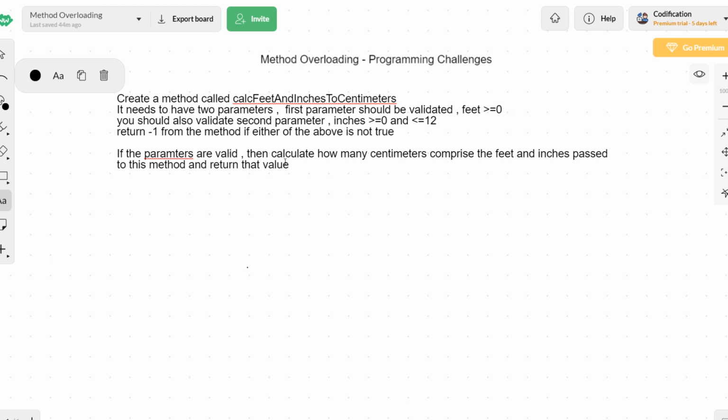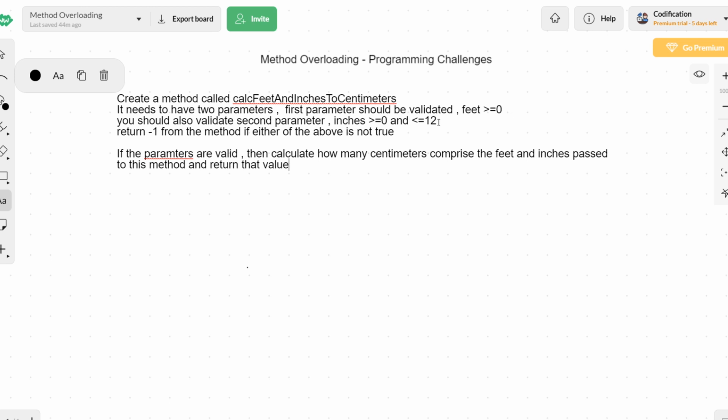Now we also want to create one more method, but before creating that method, first we will finish the implementation of this method. So we want to create a method called calci feet and inches to centimeters. It takes two parameters, feet and inches. Feet should be greater than or equal to 0, and inches should be greater than or equal to 0 and less than or equal to 12.